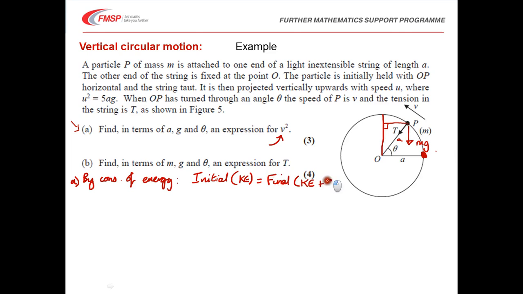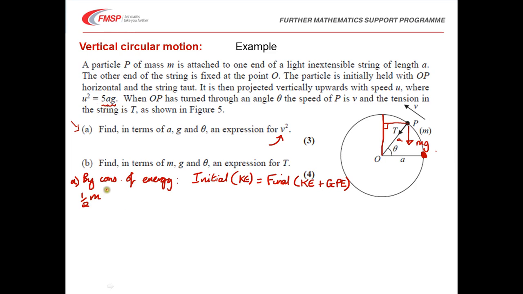It's also going to have gained some gravitational potential energy. So we're going to equate the initial kinetic with the final kinetic and gravitational. There's no extra work being done to it to change the level of energy in the system, so we know that those are equal. Right, initial kinetic energy then is half m u squared, and we know that u squared is